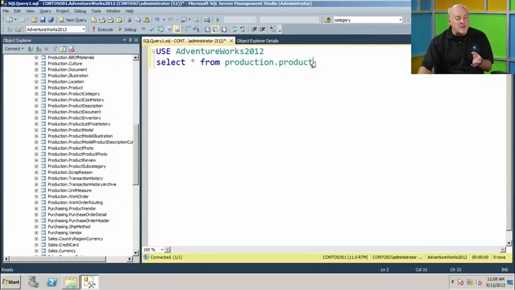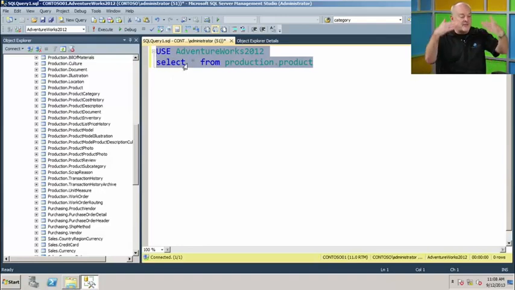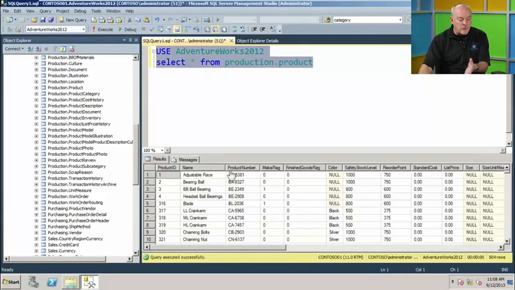Now I want to perform this command here. So we're going to go ahead and highlight this. And this is kind of cool because if I have several statements in there and I want to execute just one of those statements, I can do so by highlighting the text that I want to execute and then hit the execute button or hit the F5 key. So we'll hit execute up here and we get a bunch of data. So here's all my rows of content with the columns. And like I said, this is the most basic, the easiest syntax that you can write: SELECT asterisk, which means give me all the columns from wherever I want to retrieve the content from.